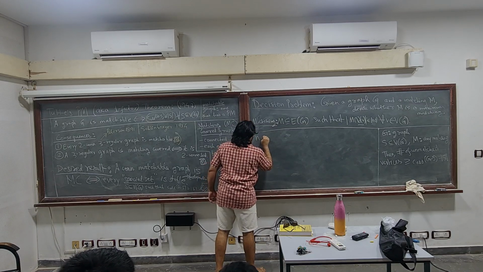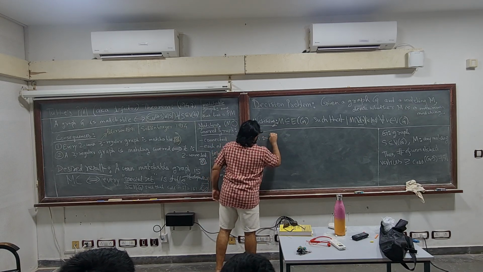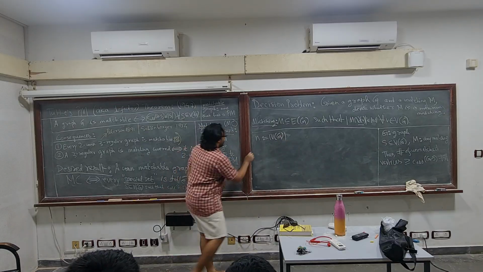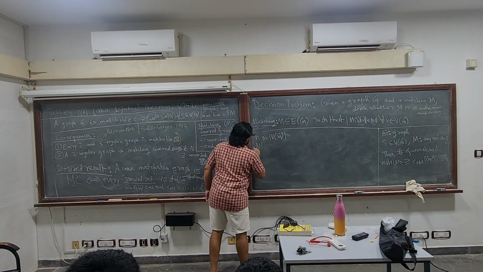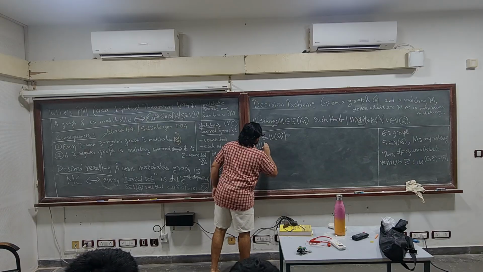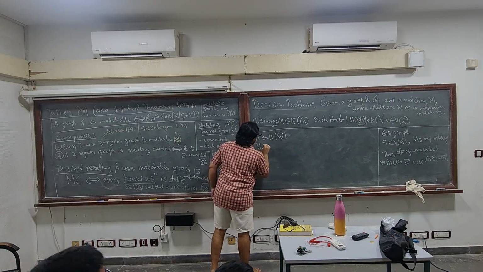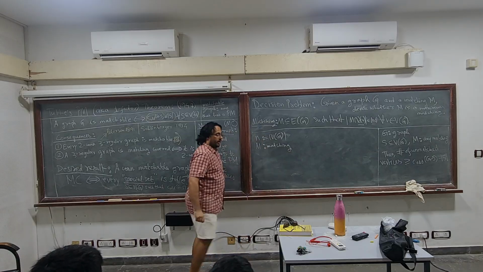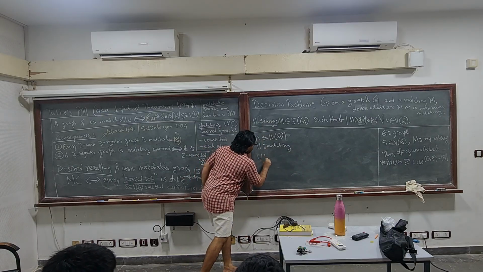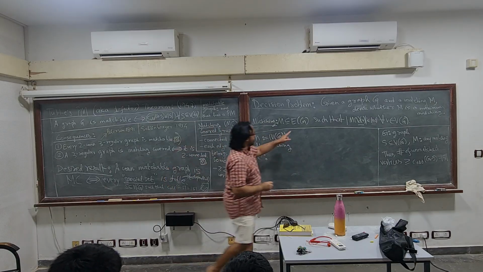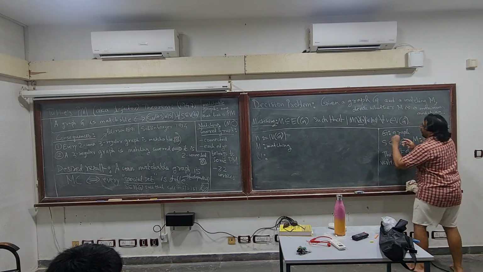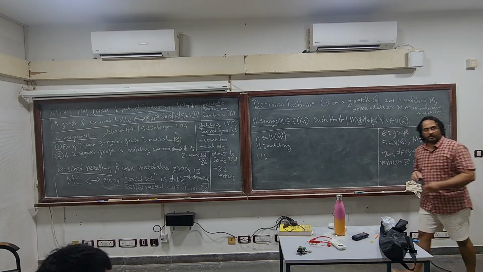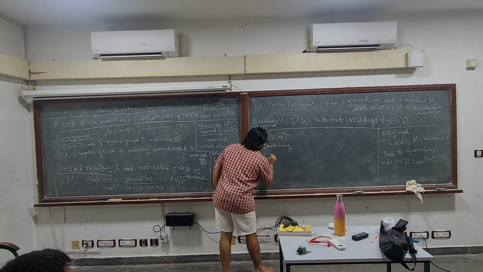So n is the number of vertices. I will always use n for the number of vertices. M is the cardinality of the matching, of course. We know M is the matching. And U is the set of unmatched vertices. Unmatched vertices means those that give me 0. Those that give me 0, that is the set U. Is that clear? U is the set of